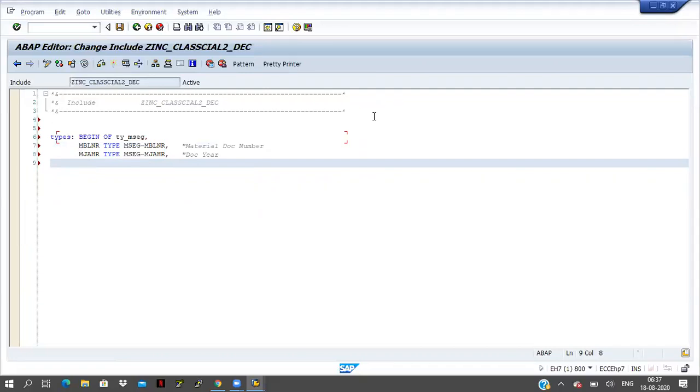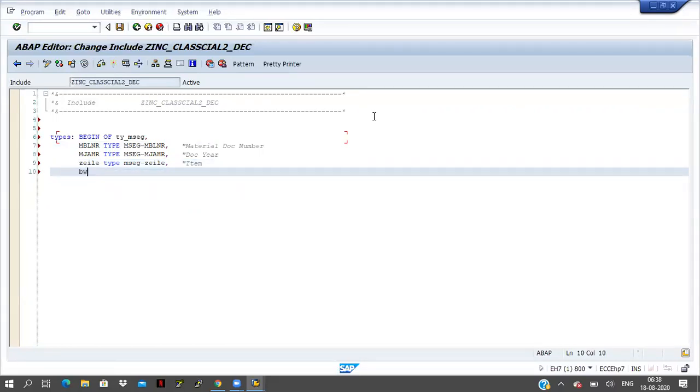ZEILE, type MSEG hyphen ZEILE. This is the item number. BWART, type MSEG hyphen BWART. This is the movement type.